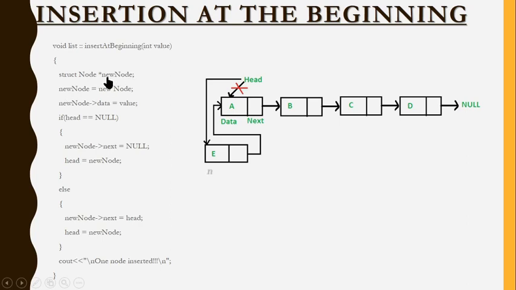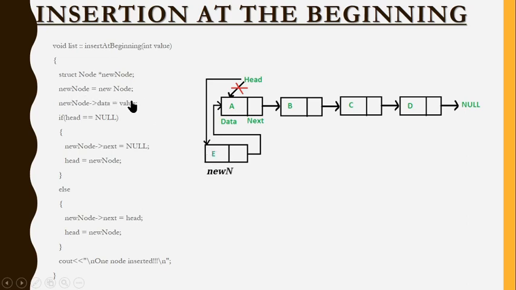Next step, I need to create memory dynamically. So let me use the new pointer. New node equal to new. This is a keyword for what? I'm creating a node. So new node. Automatically once you use this code, this box will be created. So my second point is accomplished.